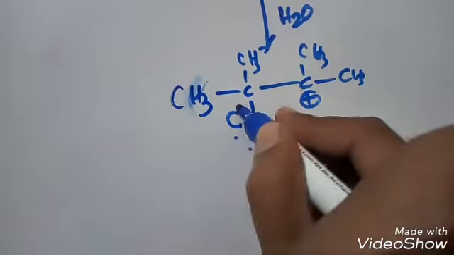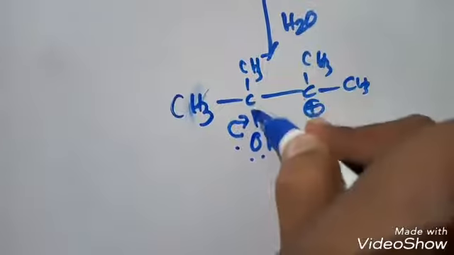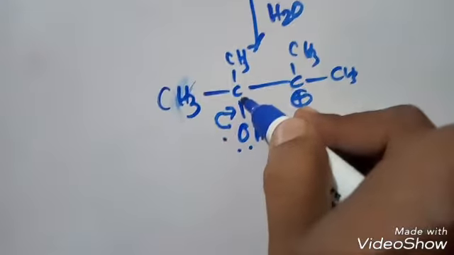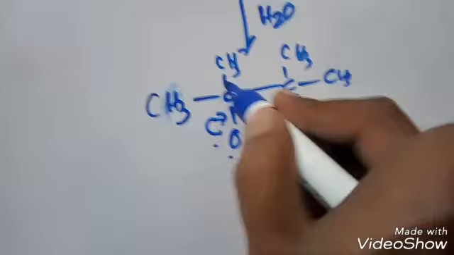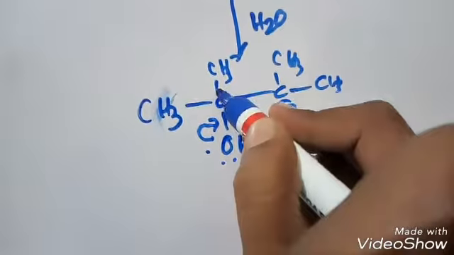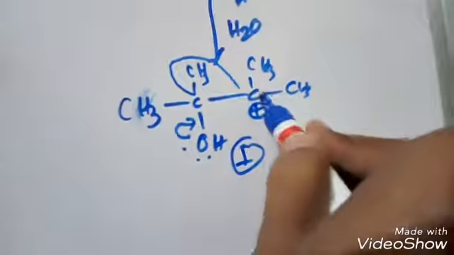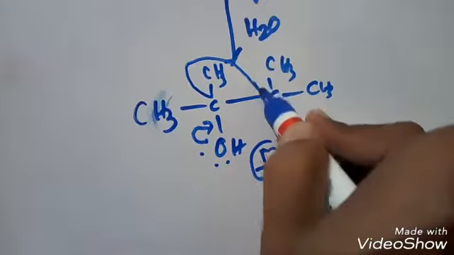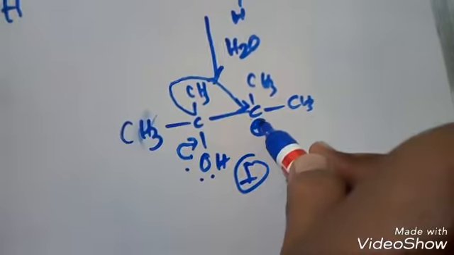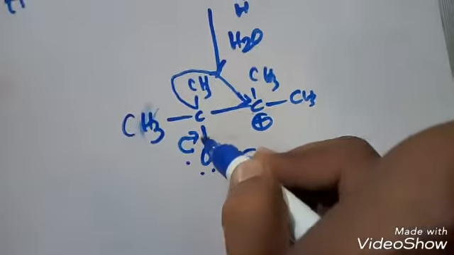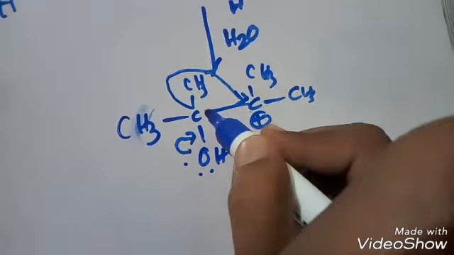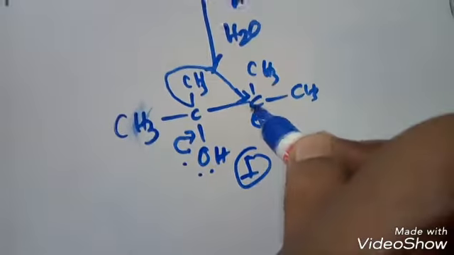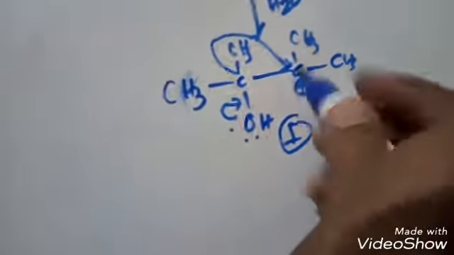This lone pair of electrons can be shared here, and because the valency of carbon is 4, if a double bond forms here, it will become 5, very unstable, and it becomes easy for this carbon to push this methyl group, and because this is requiring it, this methyl group will attach to this carbon. So here are two forces acting. Here this carbon is pushing the methyl group, and here is the pull of the methyl group by this carbon. So the effect is seen that